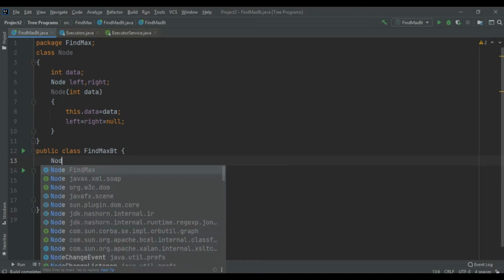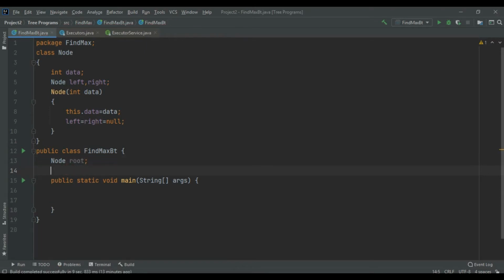Creating an instance for this root node, I would be creating a method. This method would be static int findMax, and I would be passing the node here.